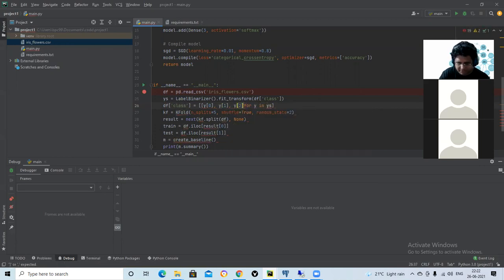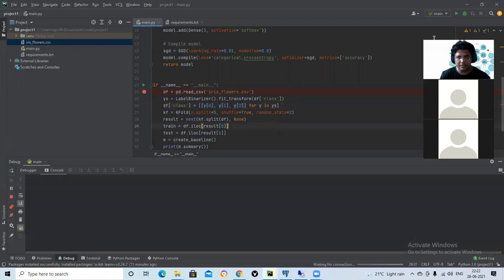I'll explain what I'm doing. I am iterating the y, whatever I got here, and getting one y. Each y I am then taking and creating a list like this. So I'm creating a probability one hot encoded binary like this. Okay, so we'll see the output, you'll understand the output.